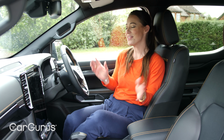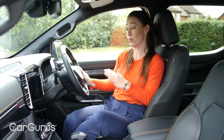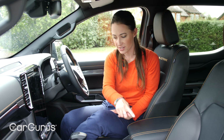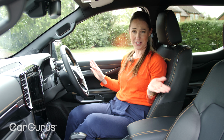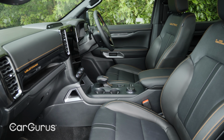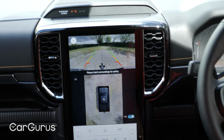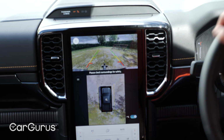Neat, eh? Being the flashy Wildtrak version, this is quite a long way from the workhorse ones at the bottom of the range. And that shows itself in, for example, these lovely leather seats and orange stitching and detailing scattered throughout, and generally all the toys you would expect of a moderately expensive large SUV. This includes one-touch electric windows all round, dual-zone air conditioning, heated seats and a heated steering wheel. There's also a 360-degree parking camera, plus all-round parking sensors, although even entry-level UK models get a regular rear-view camera